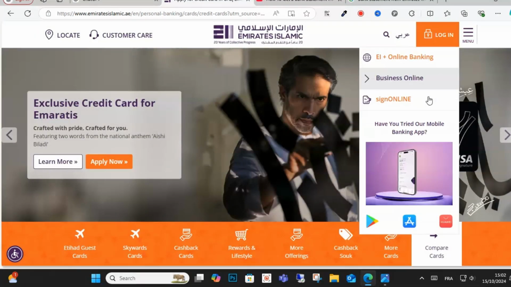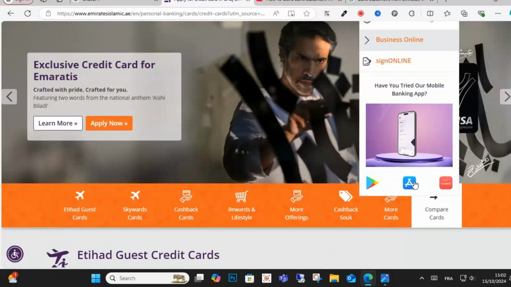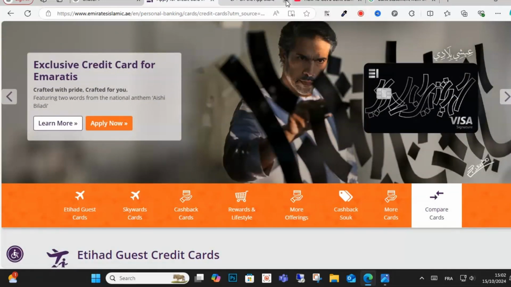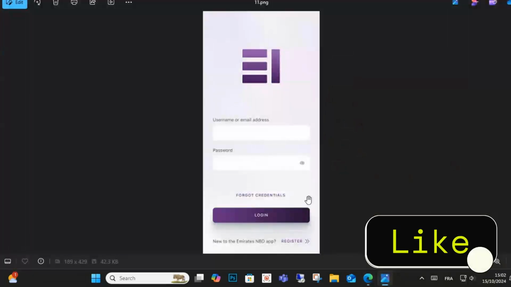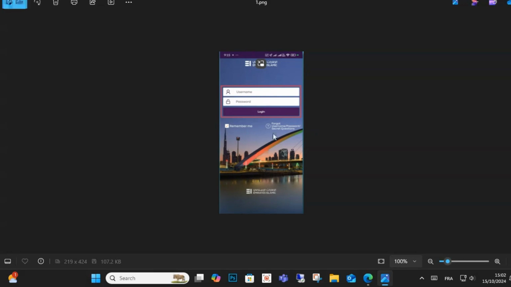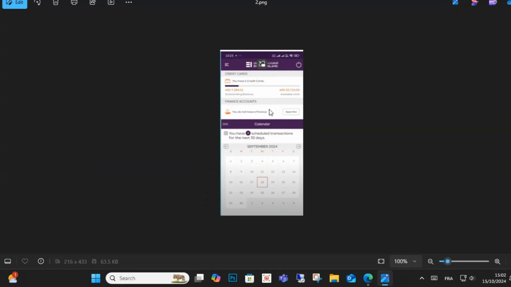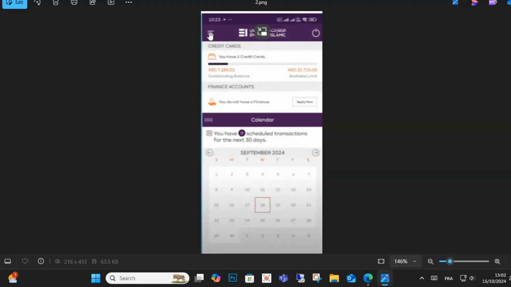First guys, log in to your account on your desktop or your mobile app, and you can download from your mobile. Enter your credential information, your username and password, as you can see here. And if you don't have an account, you can register. After that guys, click this account option and click select account, as you can see here, and click